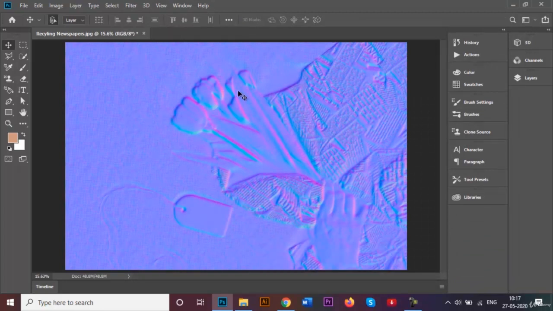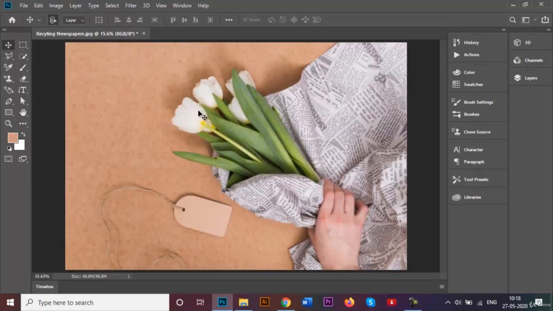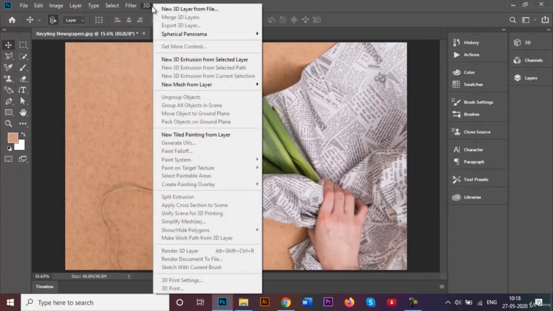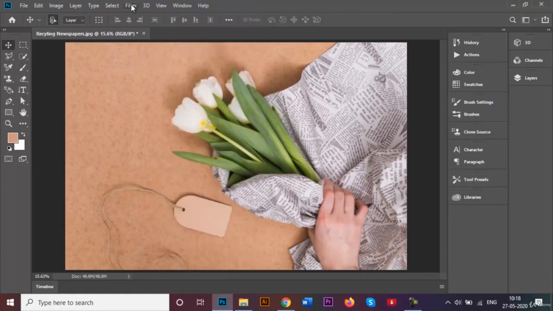As you can see, this now gets changed into the normal 3D effect. I know it's not much, but it gives a really cool effect. Now I'm going to undo this with Ctrl plus Z, and I'm going to show you the same effect with the other